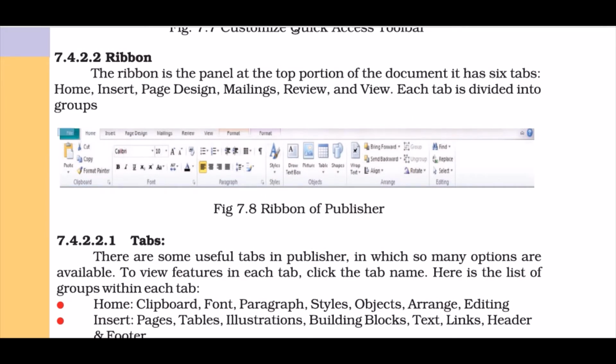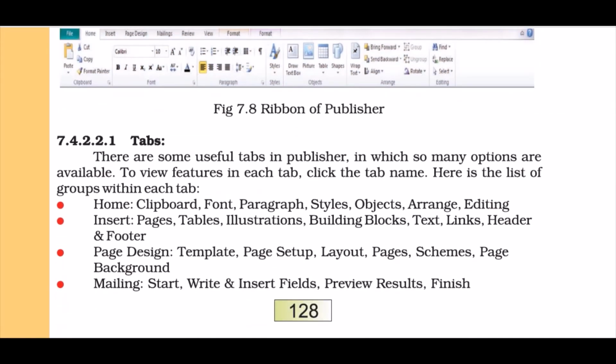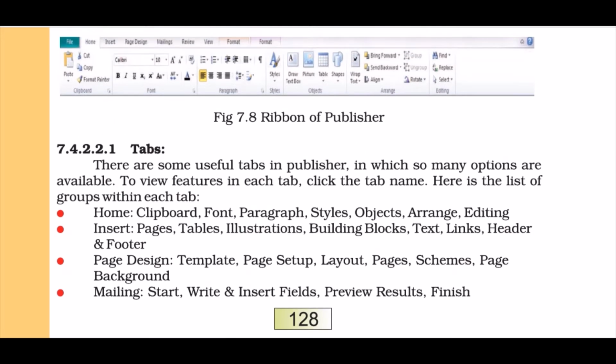This portion here is called the ribbon, which has insert, page design, mailings, review, view, and format tabs. There are some useful tabs in Publisher in which so many options are available. To view features in each tab, we have to click on the tab itself.